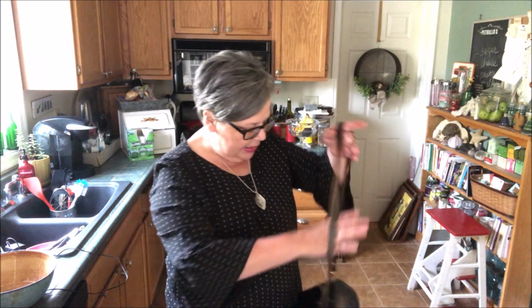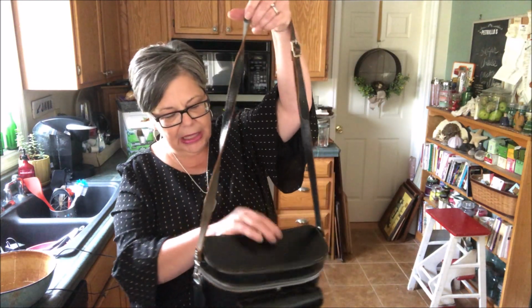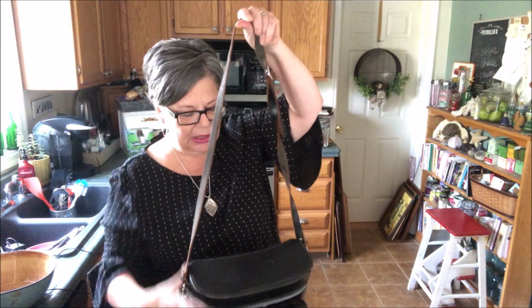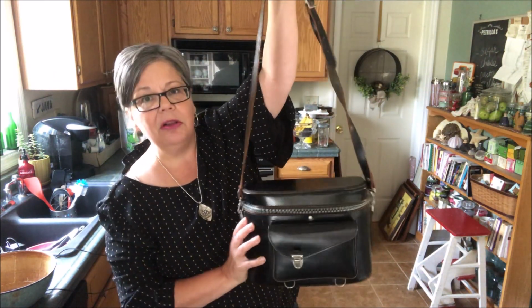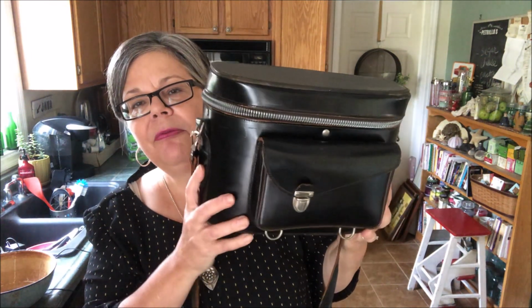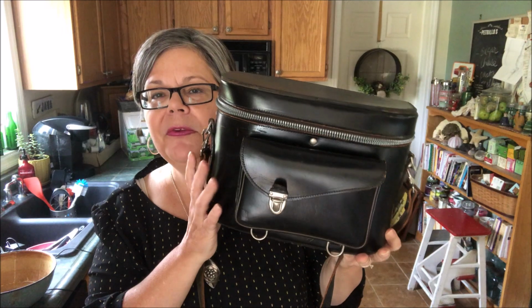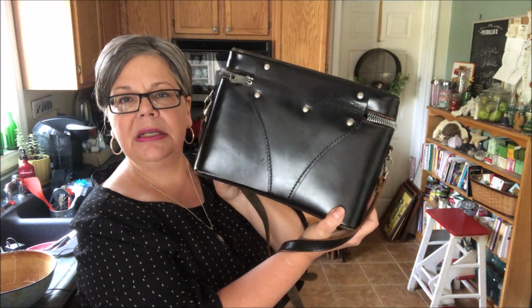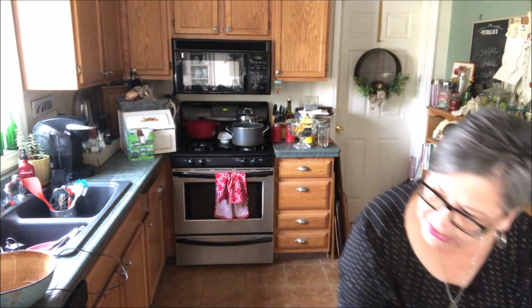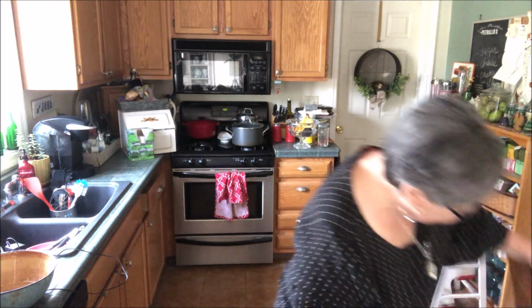This was a great find, a leather camera case in excellent, excellent condition. It was $5, and I will likely sell that on Etsy or eBay for hopefully $40 to $50. Really nice condition. I've sold them a few times. And my last find